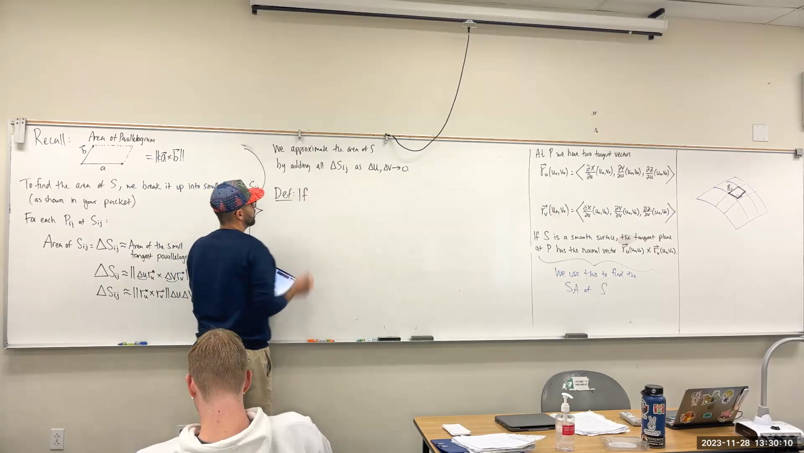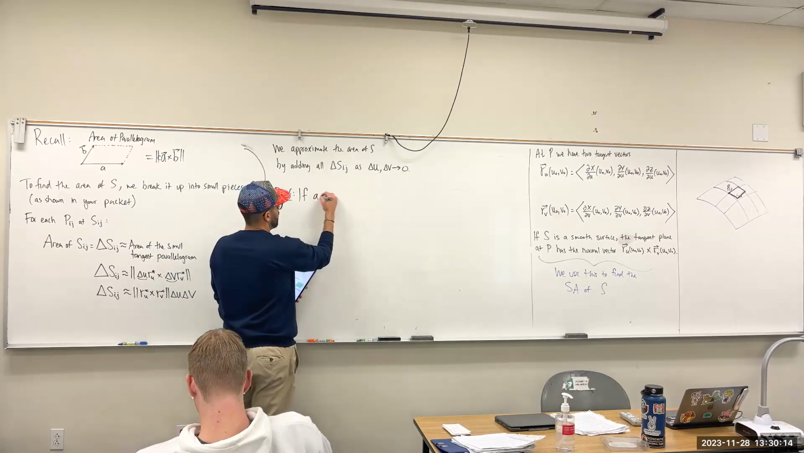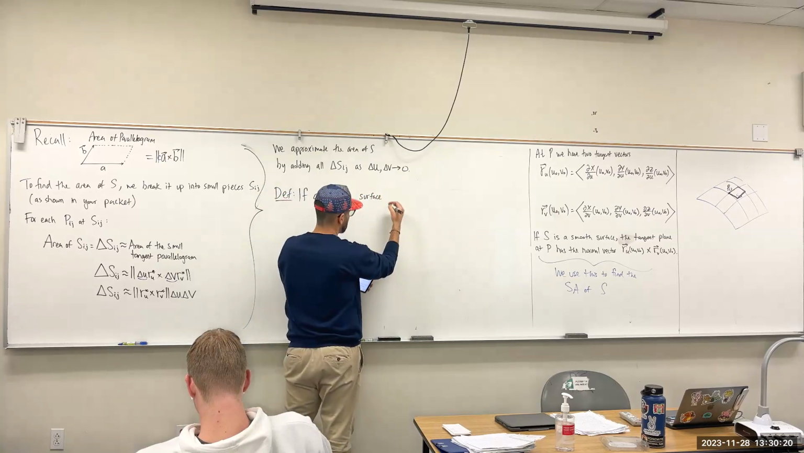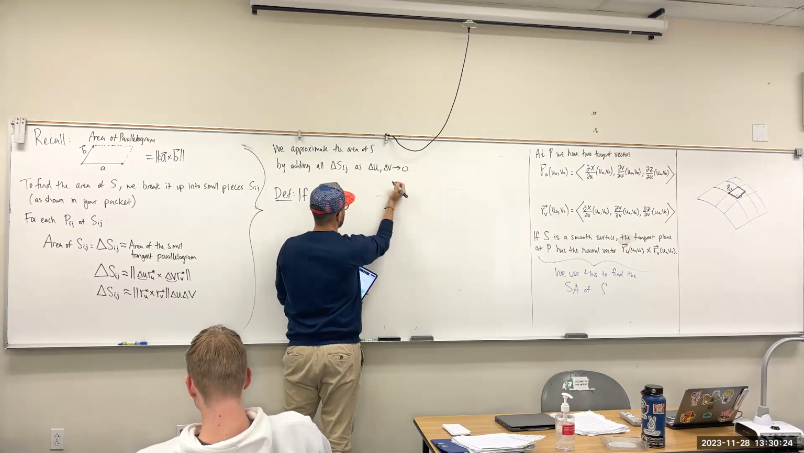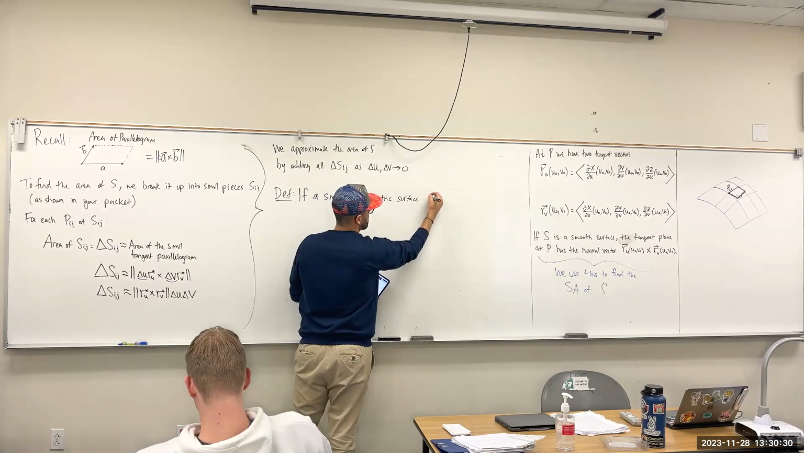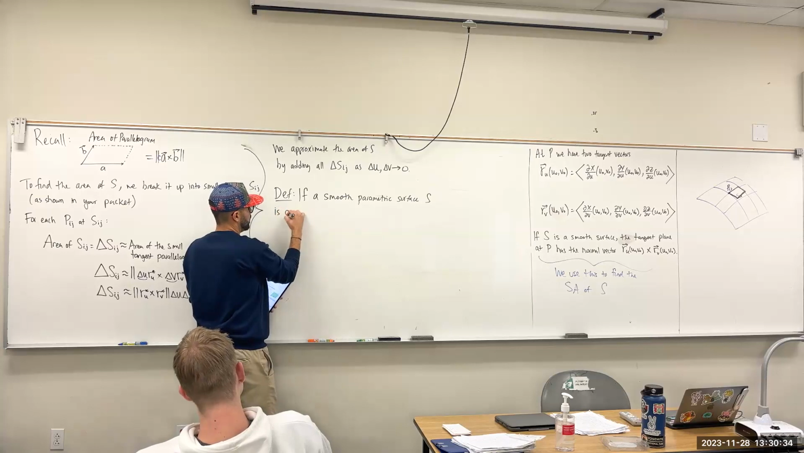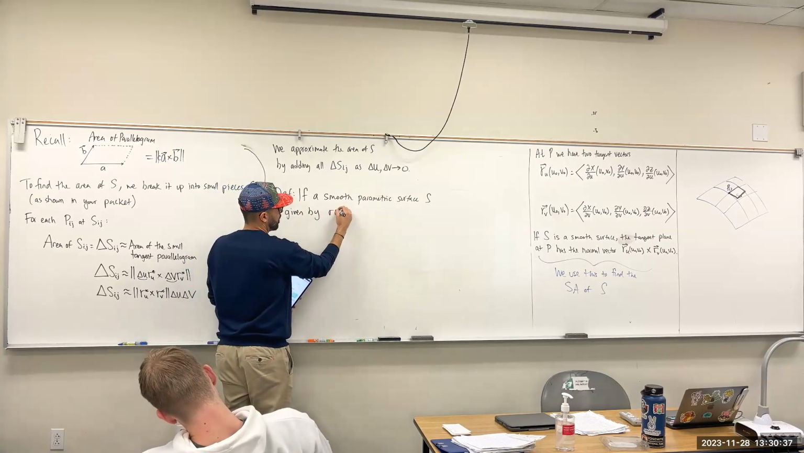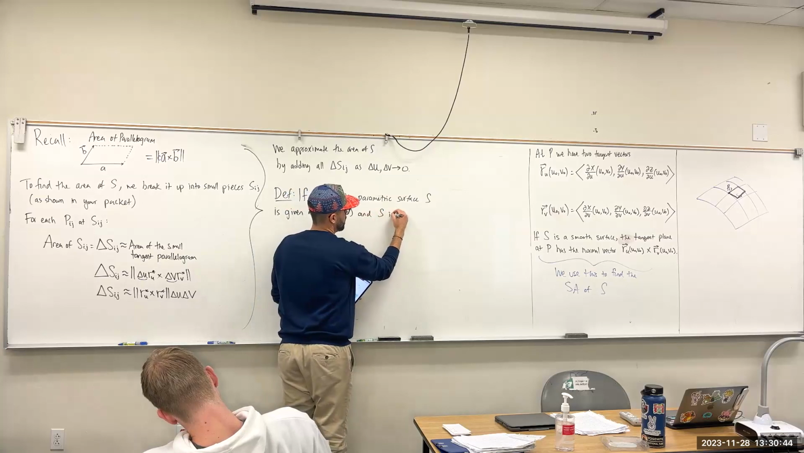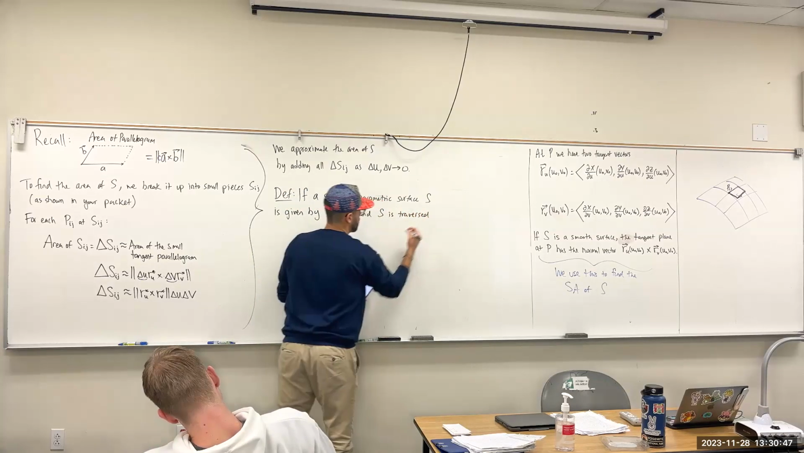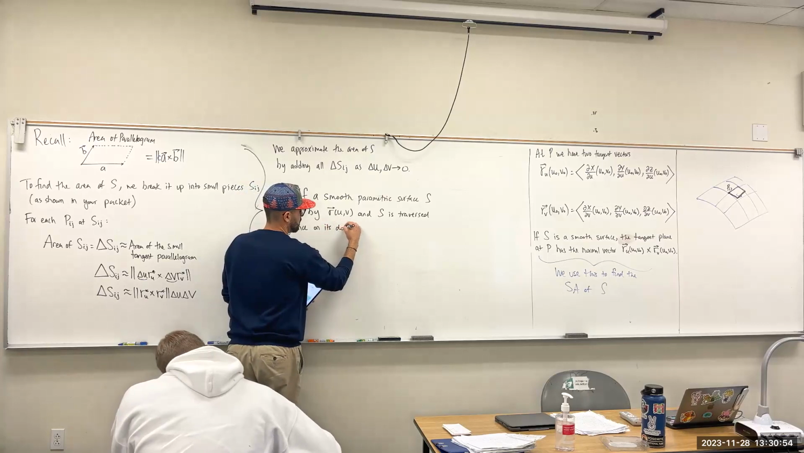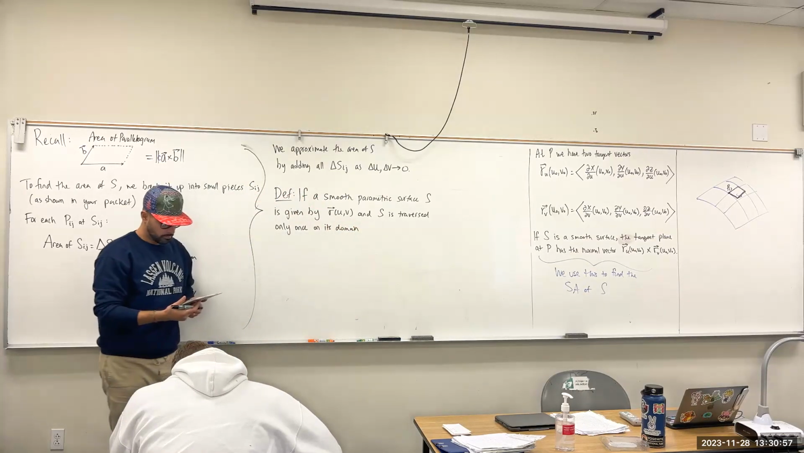And so here's our first definition. If a smooth parametric surface S is given by R of UV, and S is traversed, I'll explain this part, only once on its domain D,